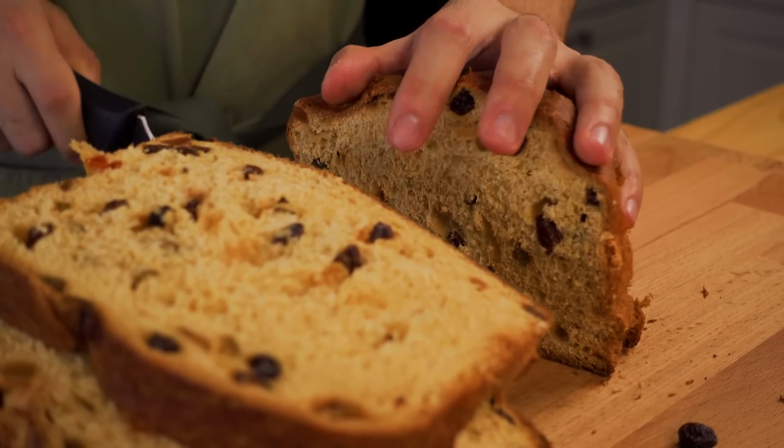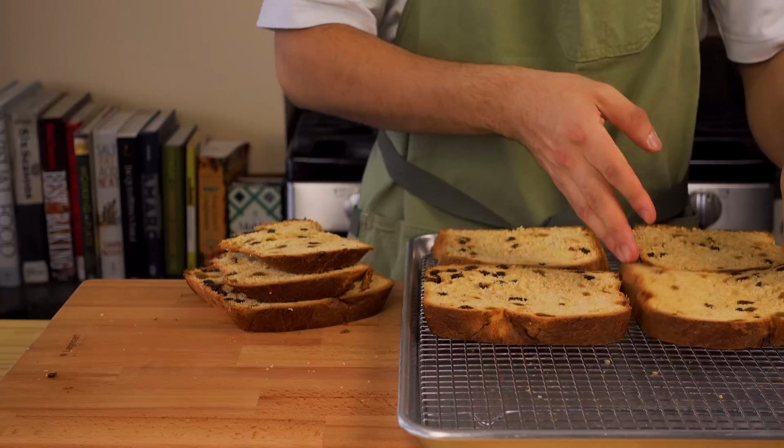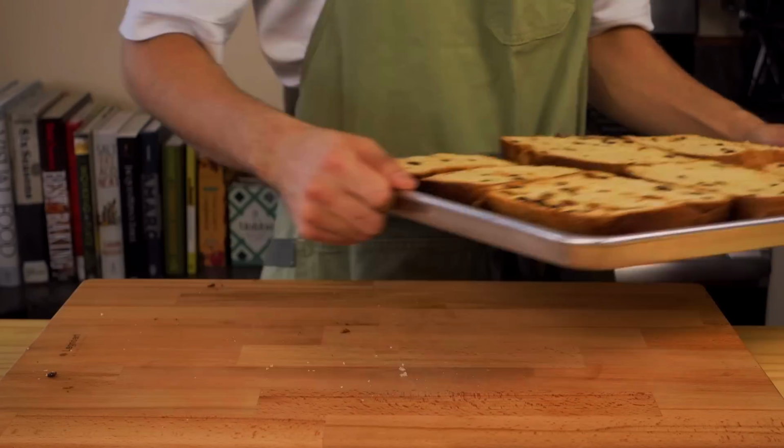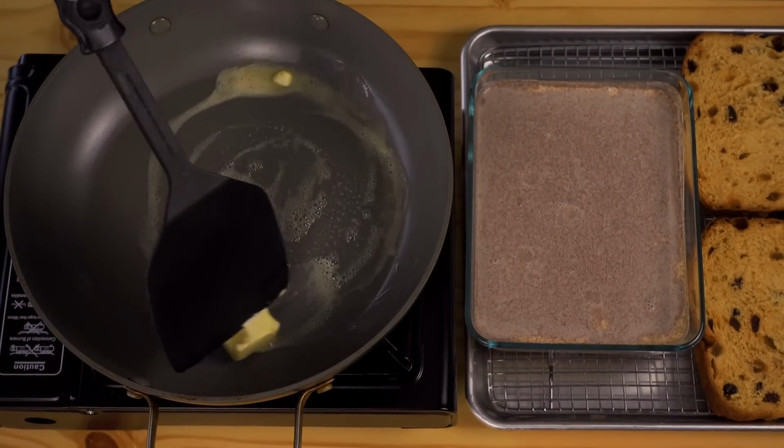into the custard. If your bread isn't stale, you can dry it out overnight, or you can dry it out in a low oven around 200 degrees Fahrenheit for about 20 minutes. Dry bread soaks up the custard better and is going to help the French toast keep its shape. The best restaurant French toast is always made from breads that had a chance to dry out a little bit